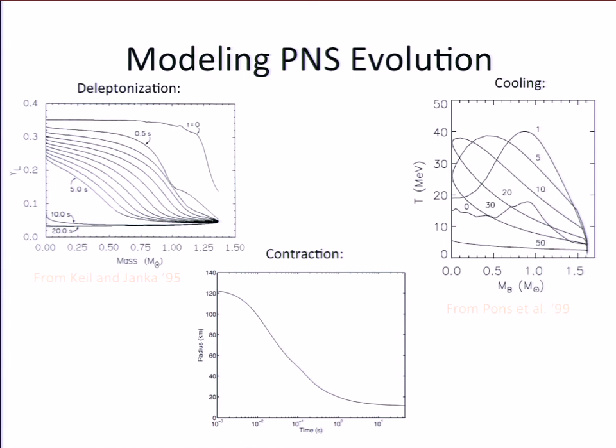But here at about a second, you've gotten fairly close to what the cold proto-neutron star radius is. And over that first second, although you're losing a lot of energy from this outer mantle, you're also contracting. So over this period, you actually see an increase in the temperature of the outer layers. And then in the interior, you have this spike in the temperature at early times, both here and here,